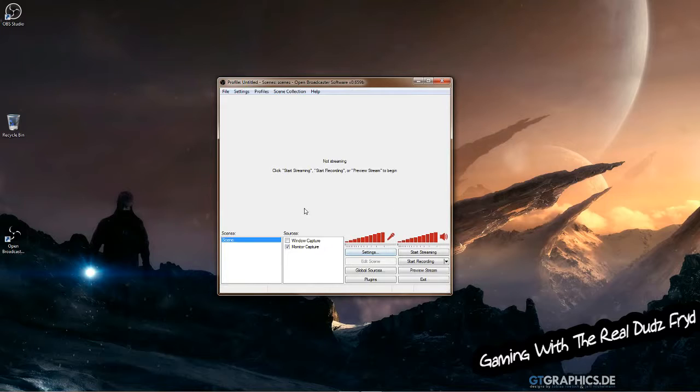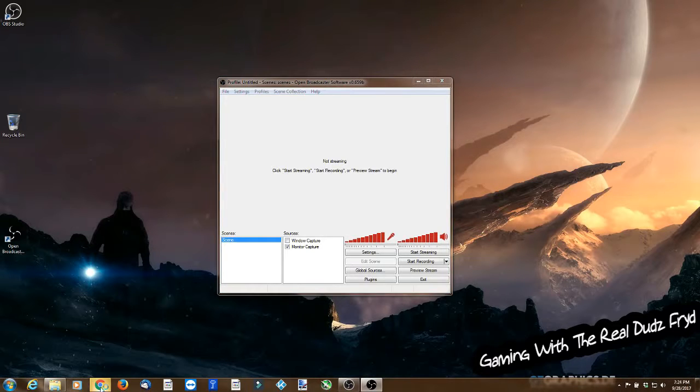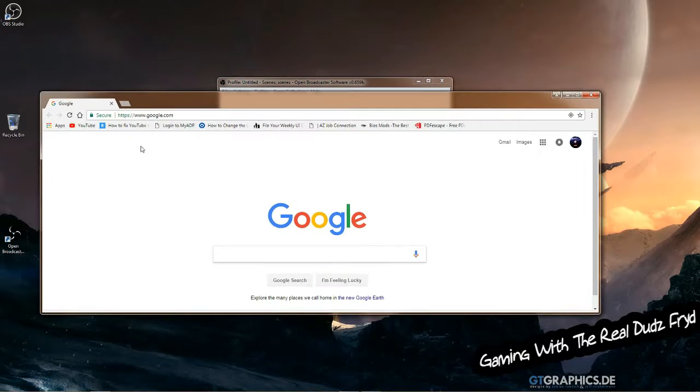Now, before we get there, let me give you some real kind of baby steps here. The first thing you have to understand about OBS or any streaming or recording app is you have to set it up so that you're grabbing what you want to grab. In OBS, there's the concept of a scene and a source. You can have multiple scenes, and scenes can have multiple sources. What's a source? Well, a source can be anything from capturing a desktop window, like say a browser window,